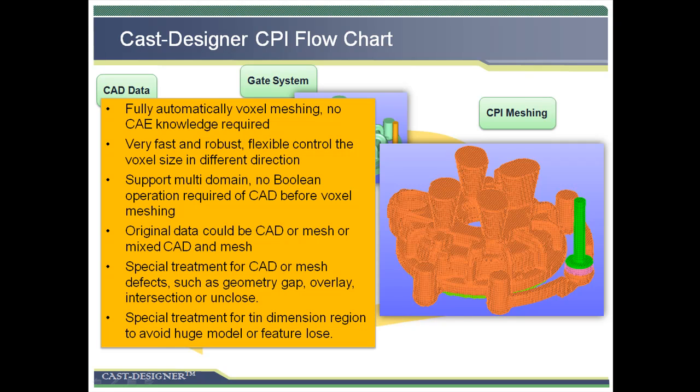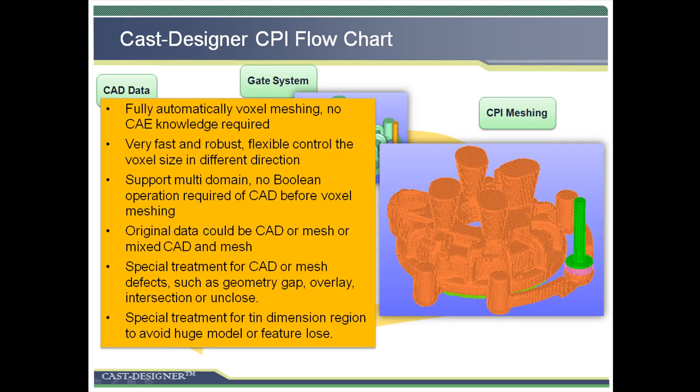Meshing is a critical issue for any finite element analysis software, especially for casting simulation. Cast-Designer spent more than 10 years to solve this problem, and now the operation is so simple, and the result is very reliable. Today, the meshing of Cast-Designer is fully automatic, and no CAE knowledge is required of the user. The size of the mesh could be controlled in different directions. Moreover,